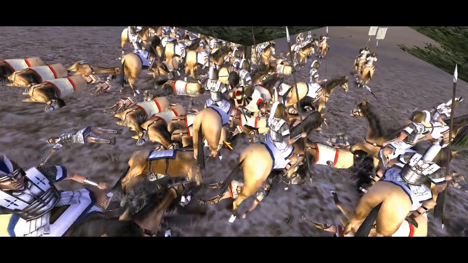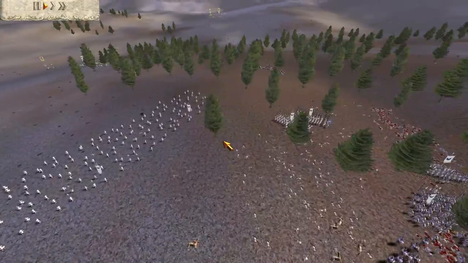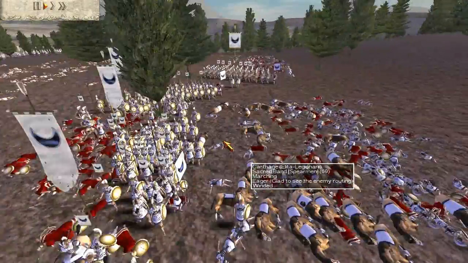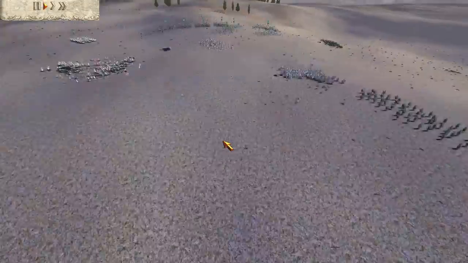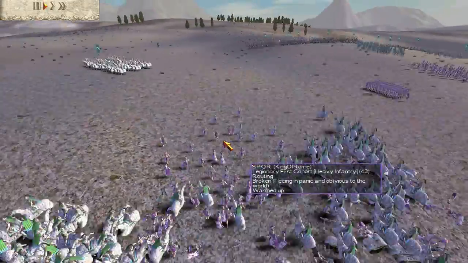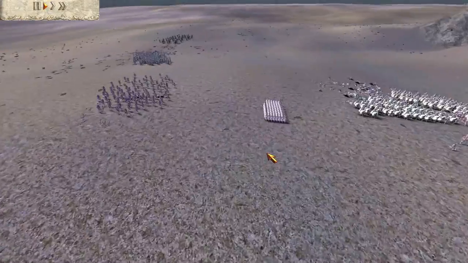As you can see, I've routed the Greek army. Pretty standard. I just pinned the Spartans and hammer handled, so pretty standard there. And now Doc is basically, as you can see, routing these Urbans and legionaries with in